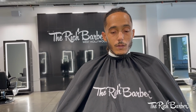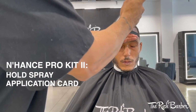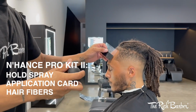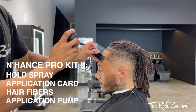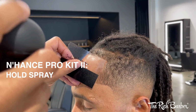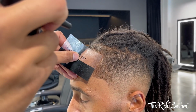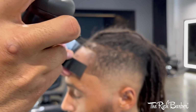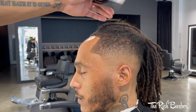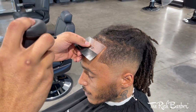Now we're getting ready to apply the enhancements. So I'm taking the Enhanced Pro Kit 2, taking a hold spray, applying that. Now, if you don't have experience with this much at all, then I would first put the fibers in and then add the hold spray. But I added the hold spray first, adding the fibers, using the clear application card to apply the fibers accurately and precisely,